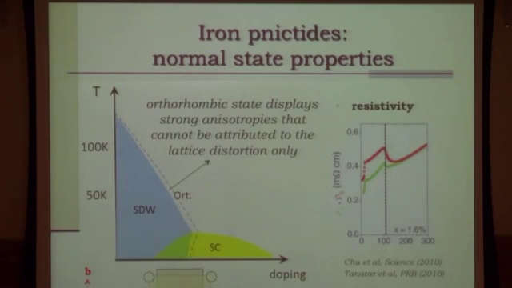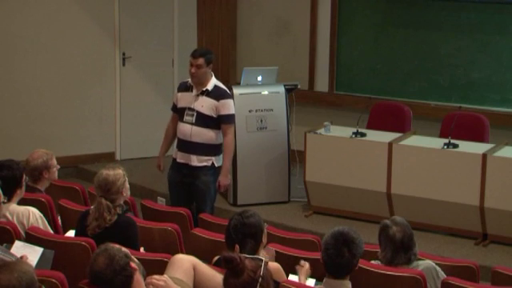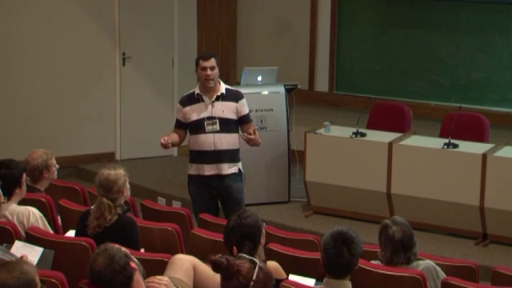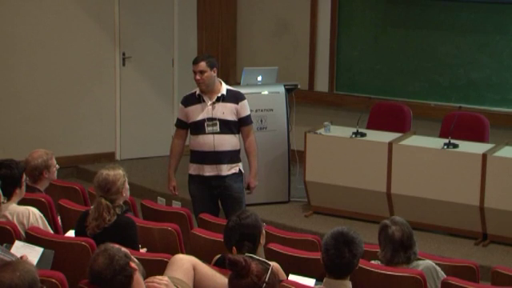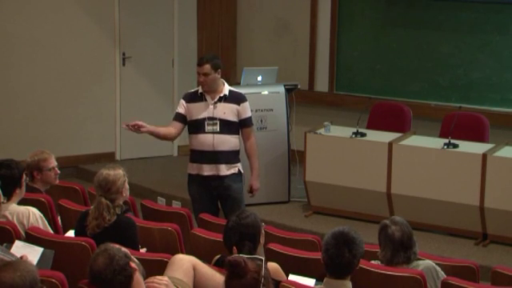Okay? Now, what this very smart experimentalist did, it was Ian Fisher at Stanford and Makariy Tanatar in Ames. They found a way of looking at the anisotropies of this orthorhombic phase. Why do I say that they found a smart way? What happens in a big sample? Many of you are experimentalists. What happens if I have a big sample? Why do I not see any orthorhombic or any anisotropic property? Twinning. You guys work on that.